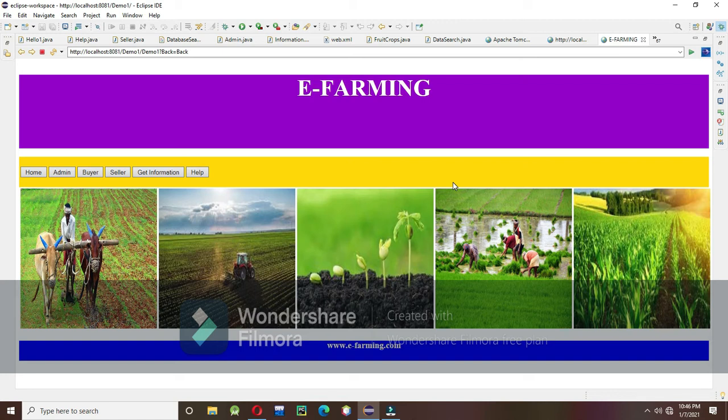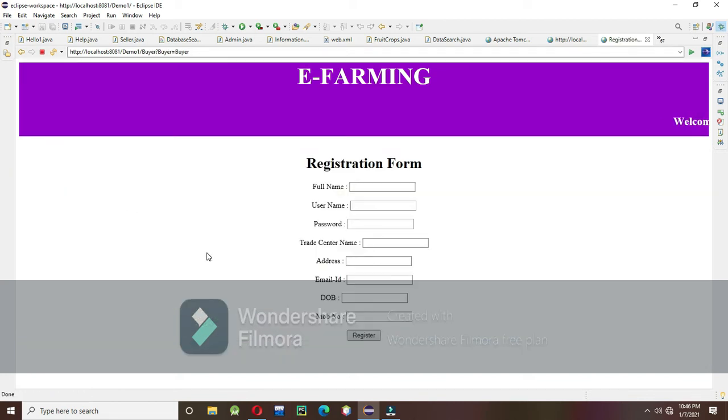This is the home page of the e-farming portal. On this page, there are home, admin, buyer, seller, get information and help buttons available. The home button is used to return to the home page. When the user goes to the buyer button, first the user has to register.